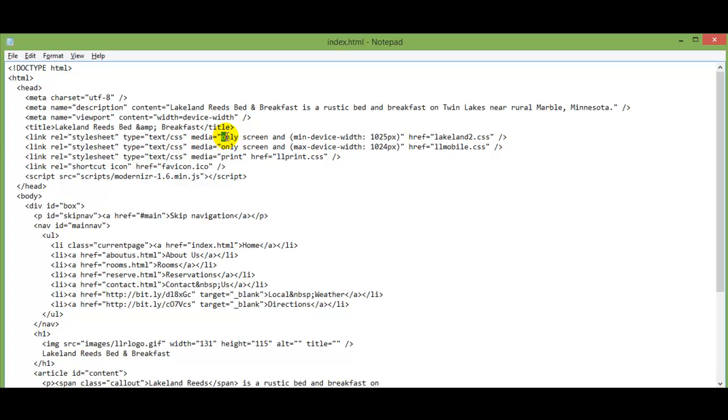So let's just change this to screen. And we should probably make that an N instead of an M. Okay, actually, really what I needed to do was to get rid of this. We no longer need this line. And we're going to change our media to screen here for our llmobile.css. So let's go ahead and delete that line